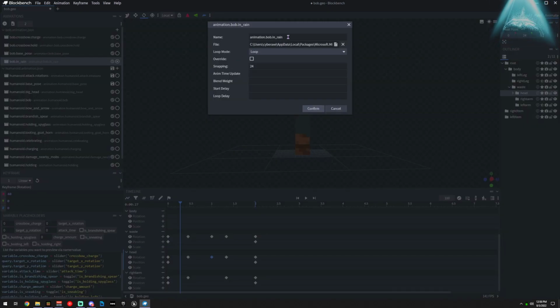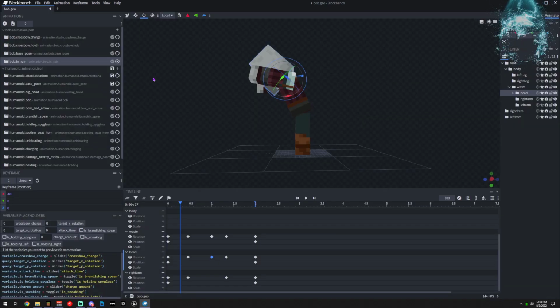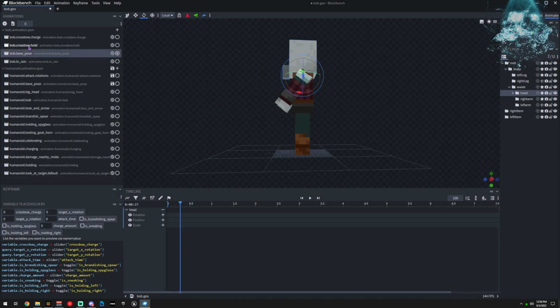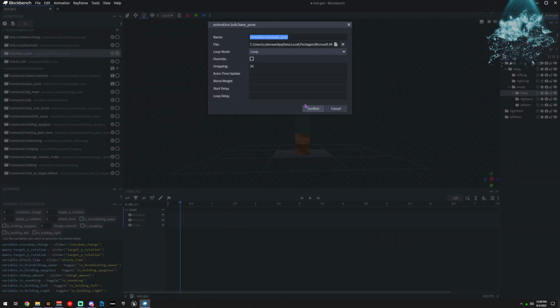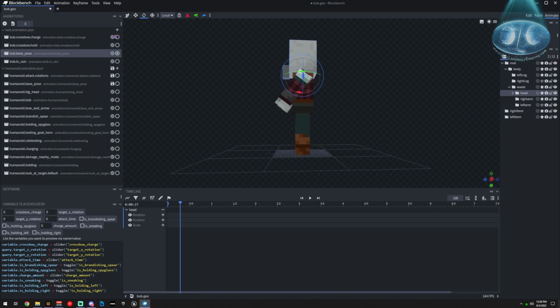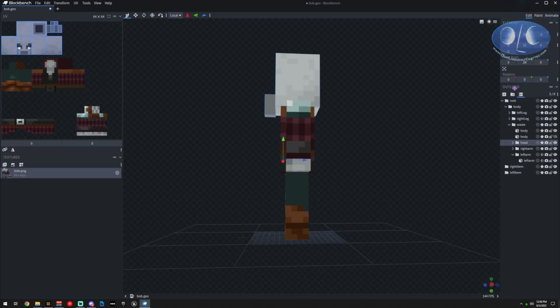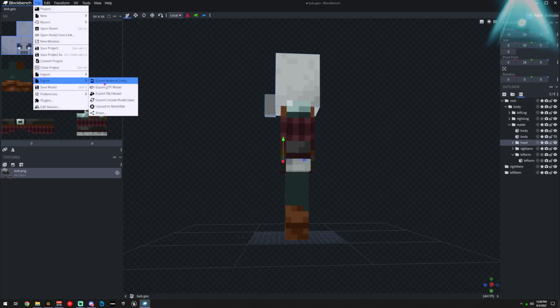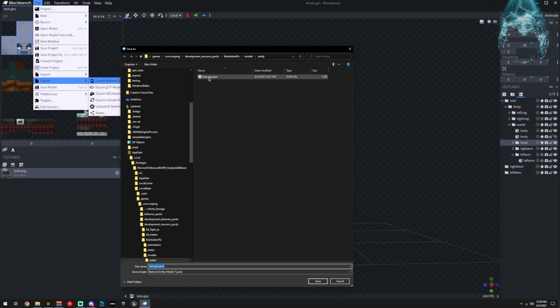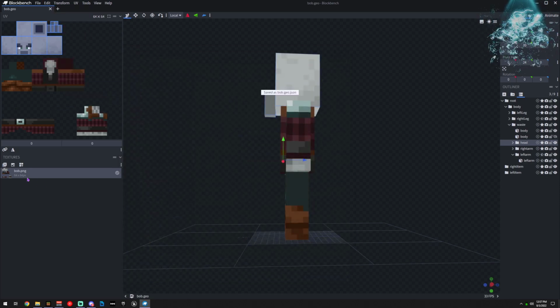Then next we want to make sure we know the name of it that we're gonna use. So I'm just gonna copy these into my clipboard, and we already saved them. We did change the model, so we have to go back, export the model again as the geo, because I made changes to it, and then I'm just overwriting the model we're using, and we didn't change that texture.